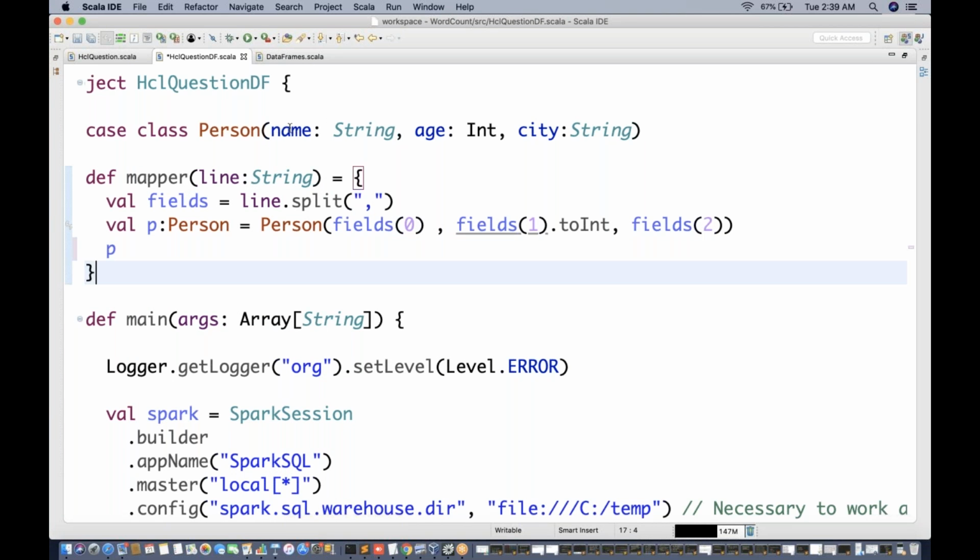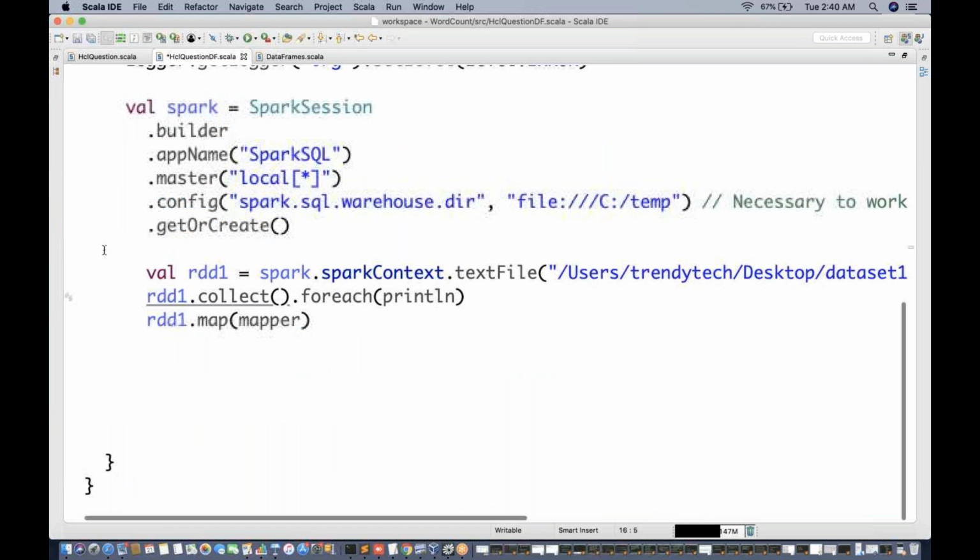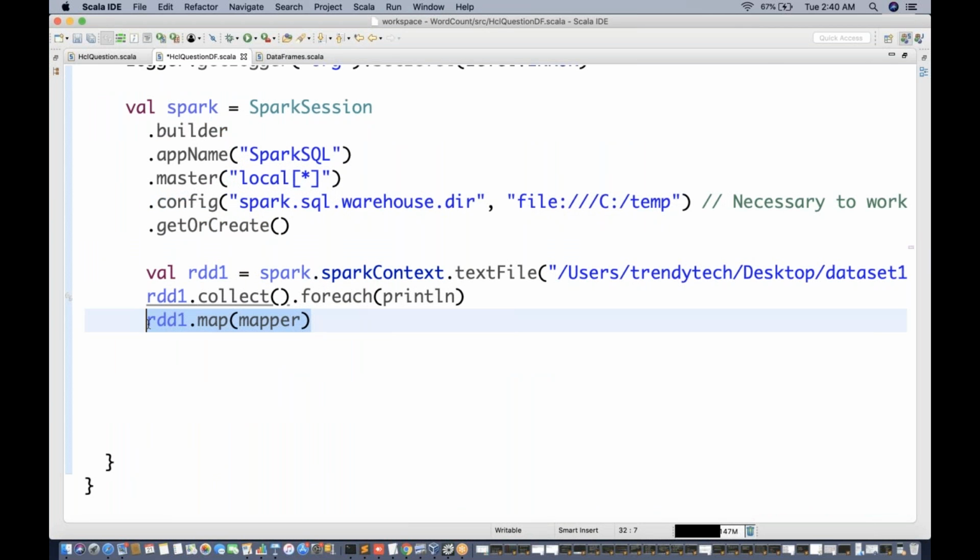We gave a raw line to this mapper function and the output is a structured line. So the output of this is actually a structured RDD, but still it is not a data frame or a data set. But it is a structured RDD which we can convert to a data set now.